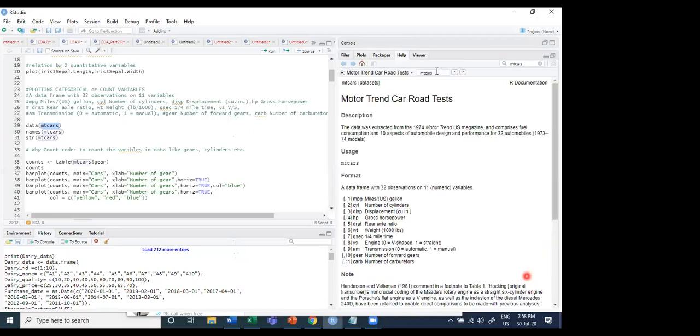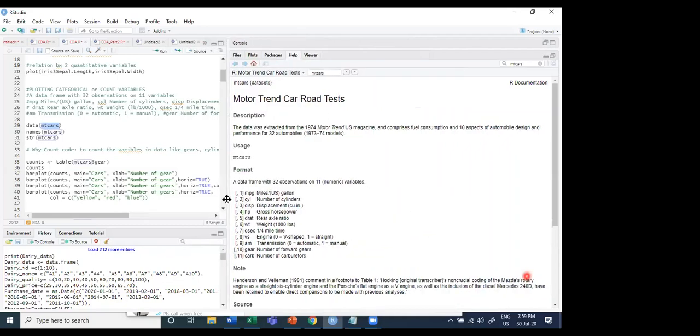So here is your data set. It is better to know what you are doing. It is always good to put everything into the detailed analysis part and then go further. Here is the data set which talks about mtcars. mtcars refers to Motor Trend Car Road Test, which is the full name of this data set.